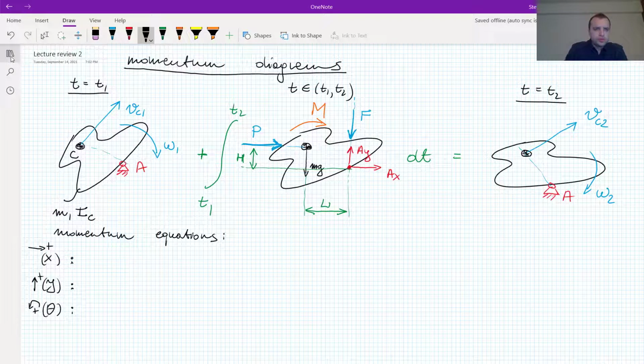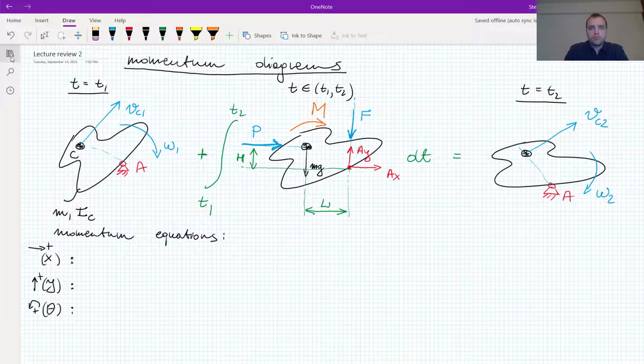We know that our body has mass m and moment of inertia IC. That moment of inertia is about the center of mass of our body. Our center of mass is located at point C, and our body has some linear velocity vC1 and omega1 at the beginning. Additionally, there is a pin A that constrains our body. At time instant 2, we have vC2 and omega2,